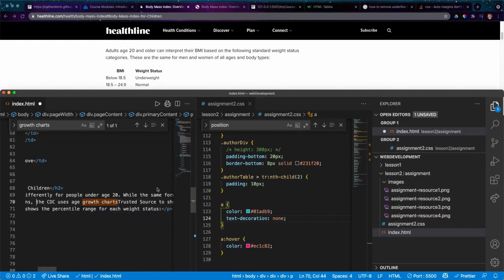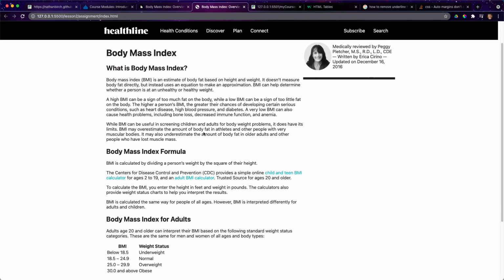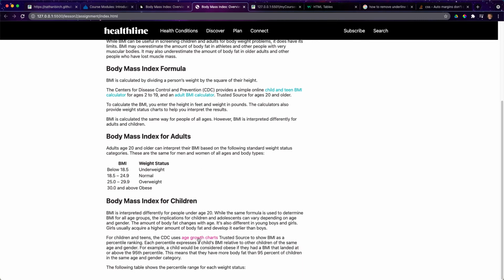Oh, age growth charts. Okay, so that's right. Okay, so we'll just stick a link right here. We'll move this over to the end of this. And we'll save that. Okay. So there's our age growth charts, and then we'll have the table